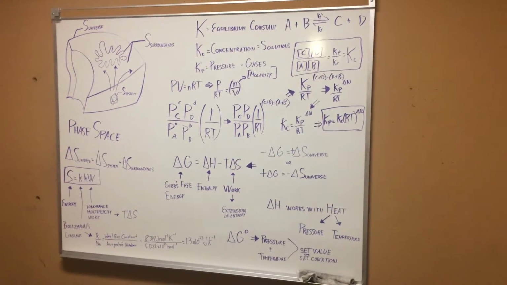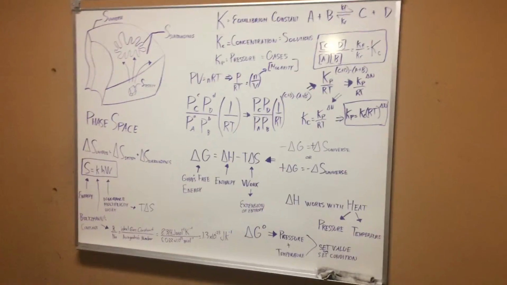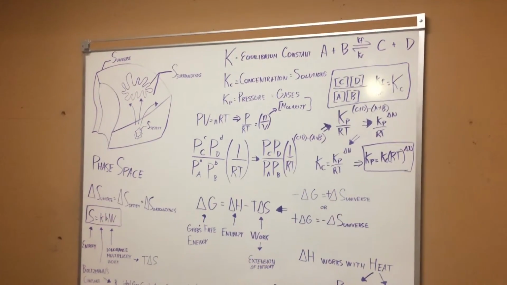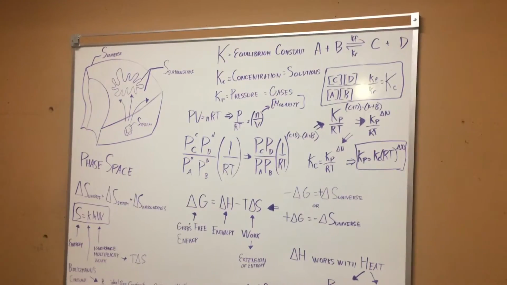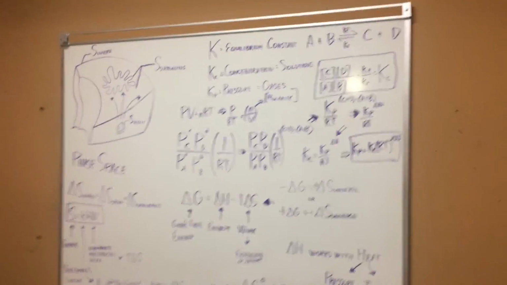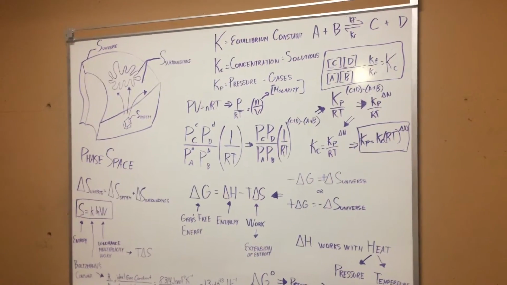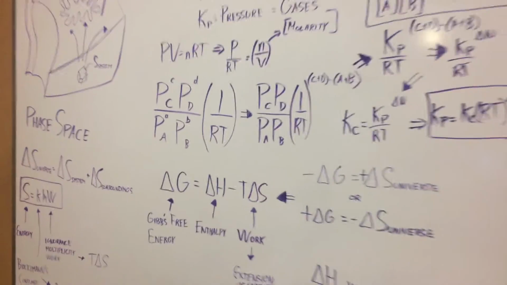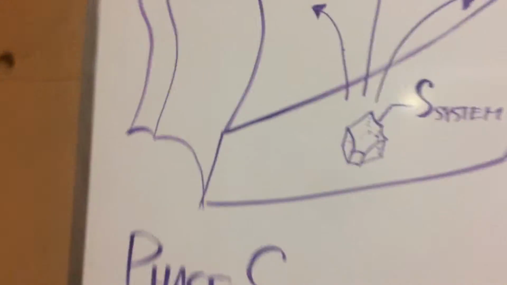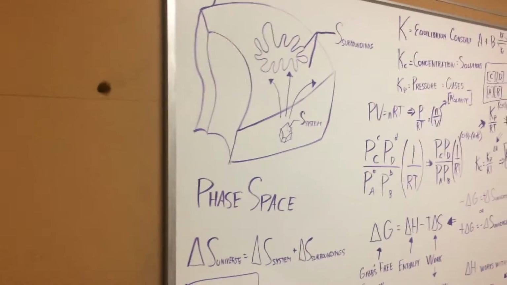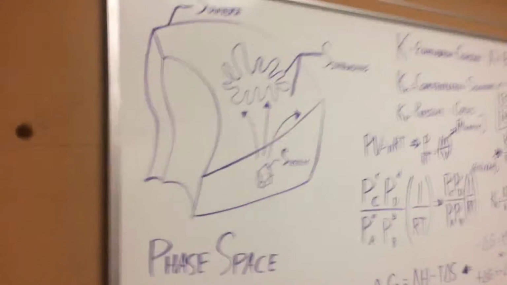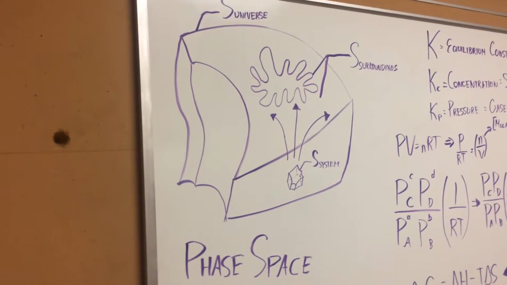So in Chem 102, there are many concepts that you need to know, such as entropy, equilibrium constants, Gibbs free energy at a standard, as well as Boltzmann's constant. Now, where you want to start is by looking at phase space. Phase space is looking into a system and how the system releases energy, or at